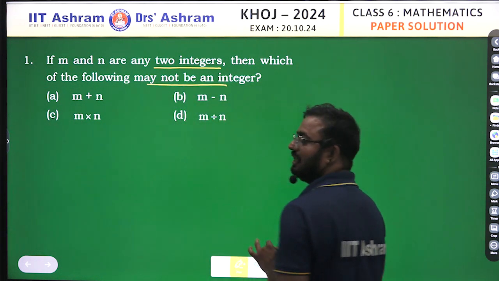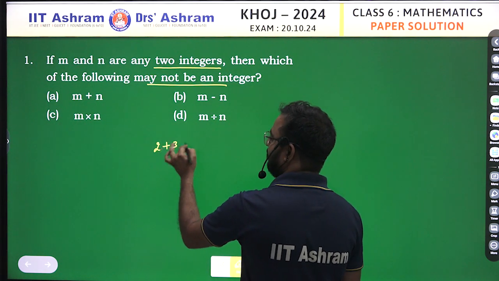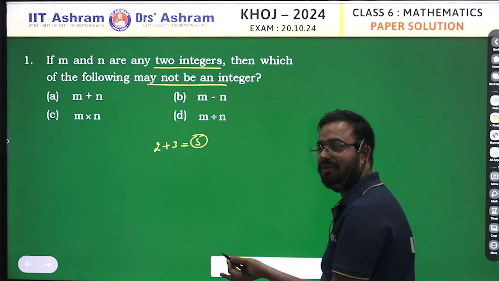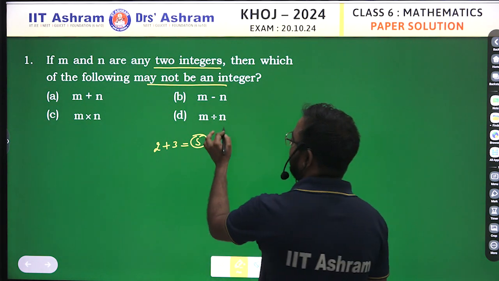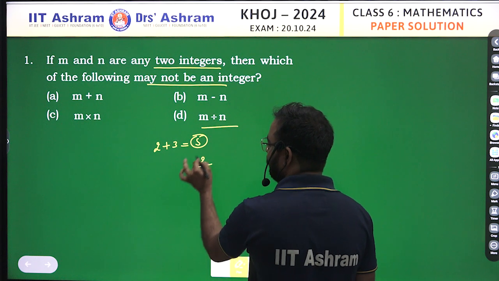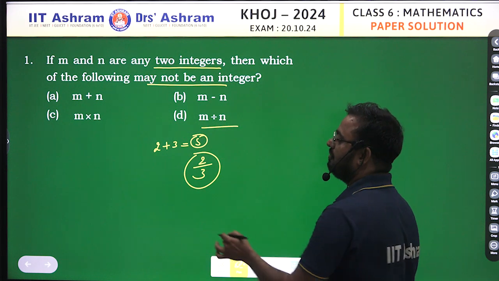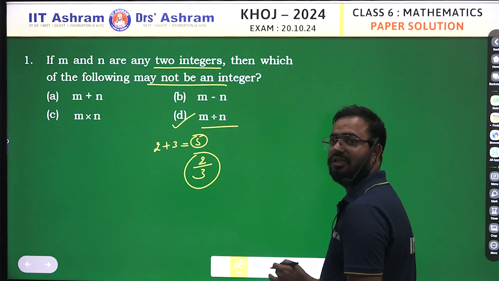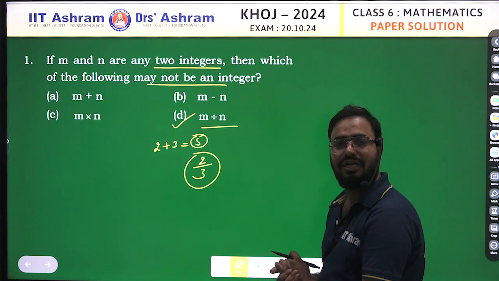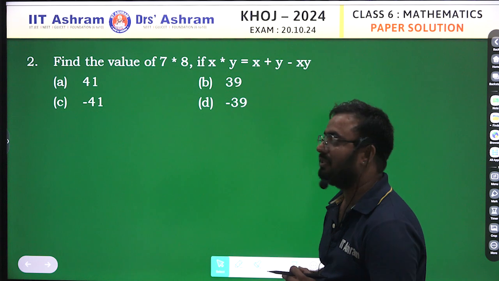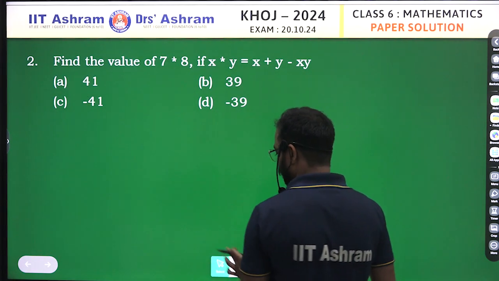कौन सा integer नहीं होगा? It means देखो 2 plus 3 5, it means m and n अगर प्लस करे तो इंटीजर बनता है, माइनस करे तो भी इंटीजर बनता है, मल्टीप्लाई करे तो भी इंटीजर बनता है, लेकिन डिवाइड करे तो 2/3, सपोज 2 is m and 3 is n, तो ऑप्शन नंबर डी इज द राइट आंसर, राइट? बिकॉज ये फ्रैक्शन बन जाता है, इंटीजर नहीं होता। सो क्वेश्चन नंबर फर्स्ट का आंसर डी।